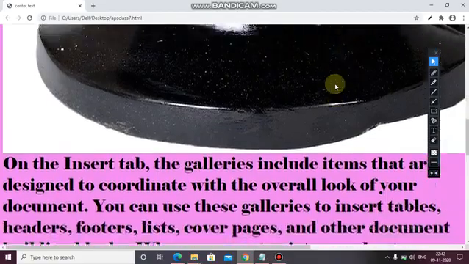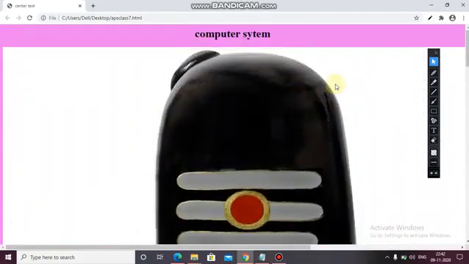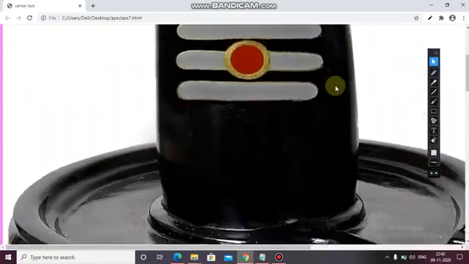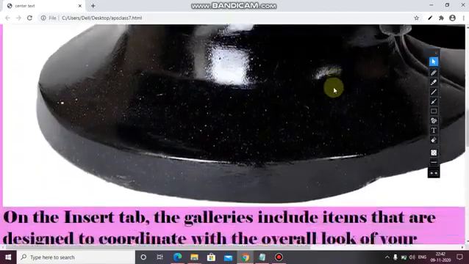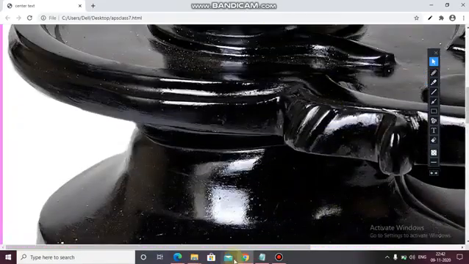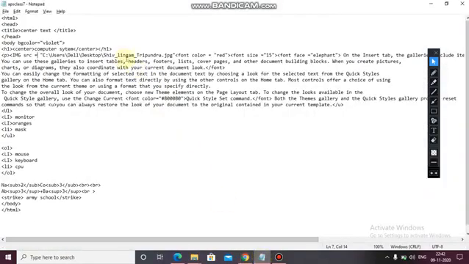Okay. Now what happened? We have not given the height and width, so this picture has come in the original size. So what we have to do? We have to give the height and width also.